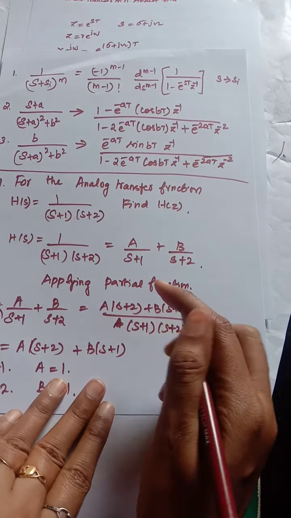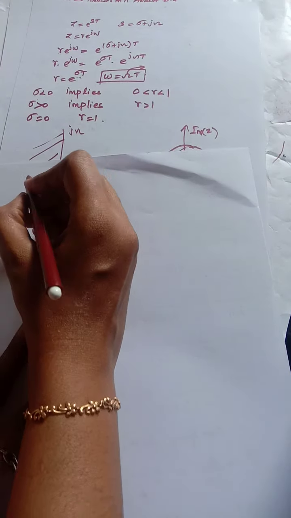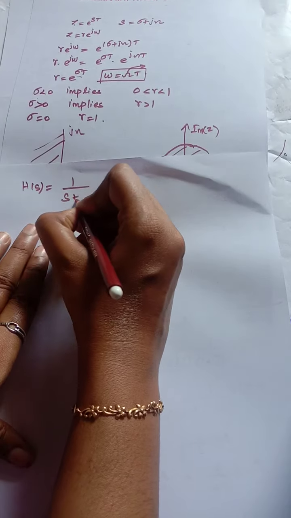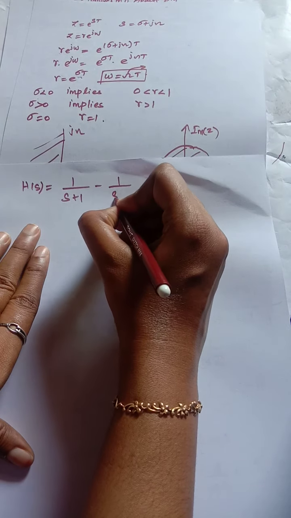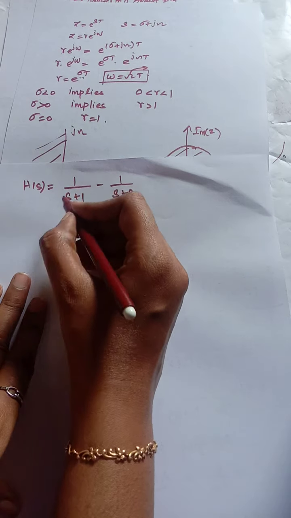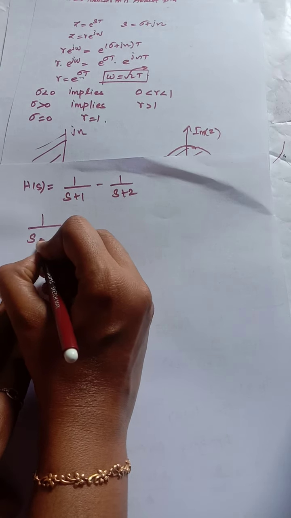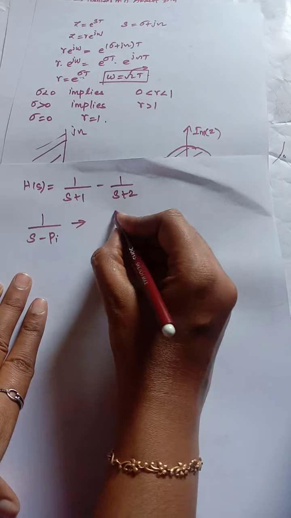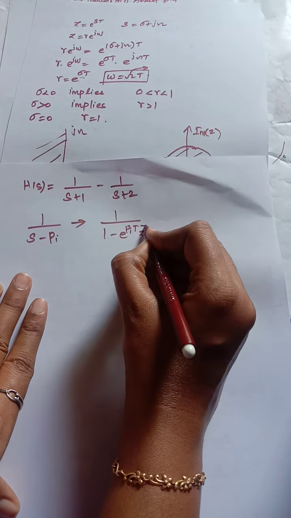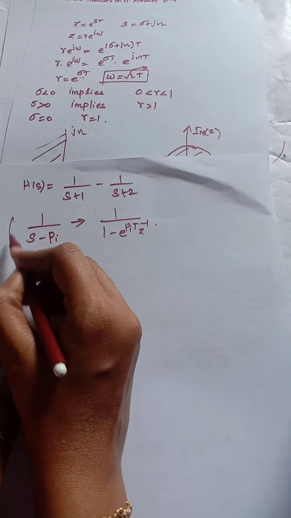So this transfer function H of s is now transformed into A by s plus 1, where A is 1, and B by s plus 2, where B is minus 1. Now I am going to apply the formula. I know the formula for this: if it is a single pole, the transfer function is 1 divided by 1 minus e power pole times T into z inverse. So applying this,